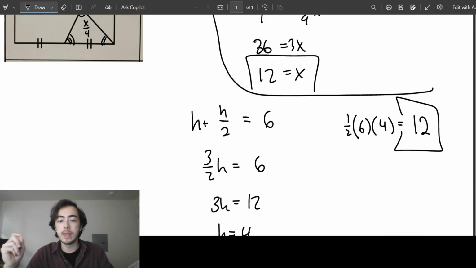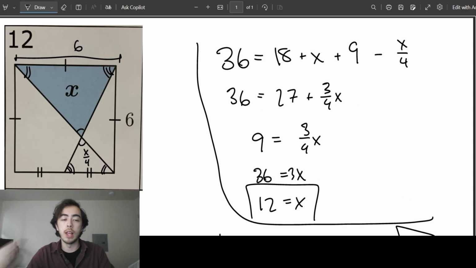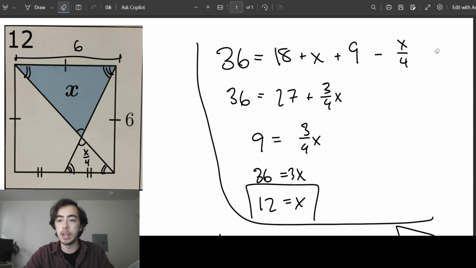Either way, I think my solving still relies on the fact that I was able to prove that these two triangles were similar. But once I knew that, then I could learn more about either the heights or the altitudes of both of these triangles, or I could just do a little bit of comparison with the areas directly. So either way, area is 12,